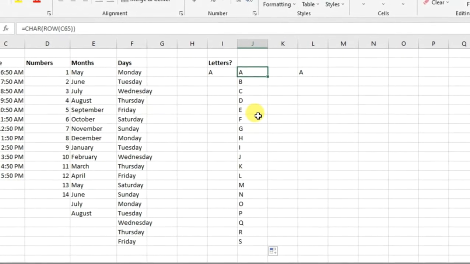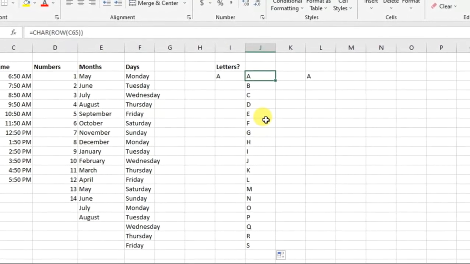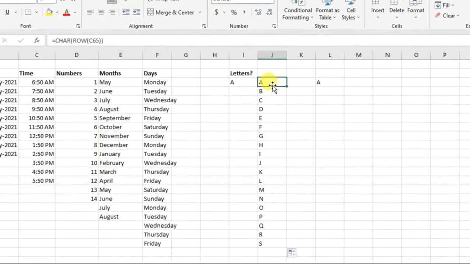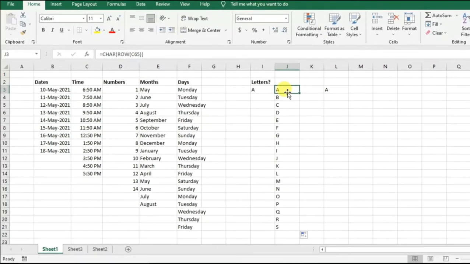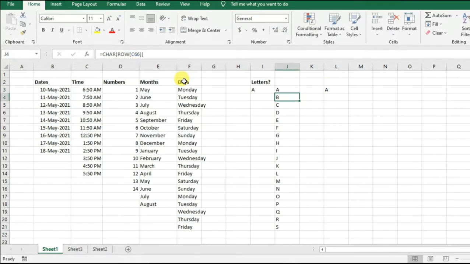This formula will definitely work for filling up. Now let us understand why we used this C65, and this CHAR and ROW. CHAR is character. Basically it gives a value which is stored automatically in Excel. Excel has predefined some values stored in its software. Now if we write C, and if I write D also, it does not matter. If I change it to D, it will come out the same way. And if I autofill it again, the result will be the same.